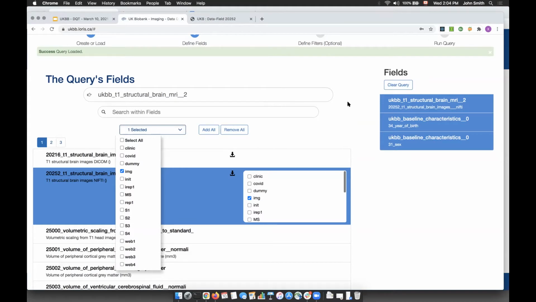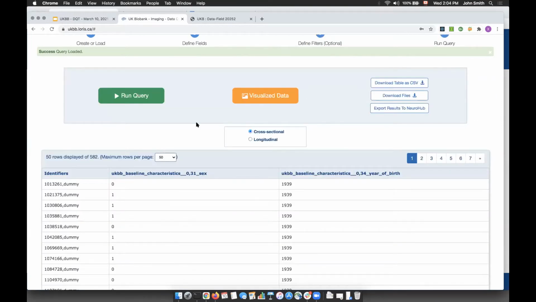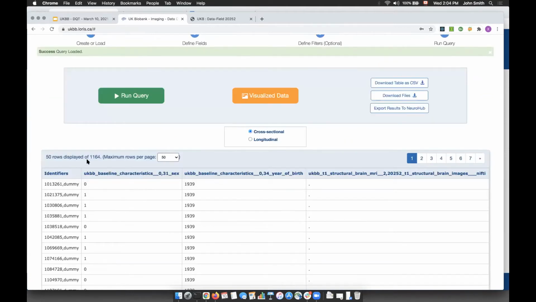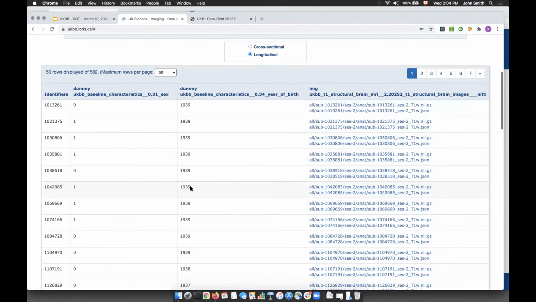I will go back to run query, and we should see a double amount of rows. If I go to the longitudinal view, then all the images are loaded along with the previous fields.